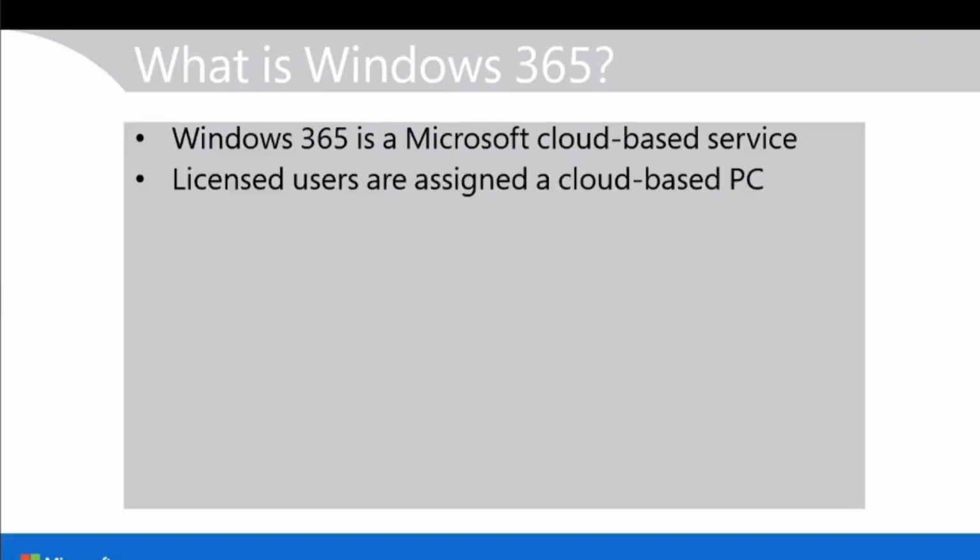Licensed users are assigned a cloud-based PC. So you can specify the characteristics of that PC much as you can with a virtual machine. So you specify the amount of memory, the amount of storage it has, and the processor specification. So for running Windows 11, for example, you might want to specify quad-core processor. I think Windows 11 requires at least 2 cores. And then 4 gig of memory, that's the minimum. I recommend something like 8. And then a 128 gig SSD would probably be pretty sufficient for most users, more if you need it. So it gives you that capability of assigning a particular level of machine to particular users based on their needs.